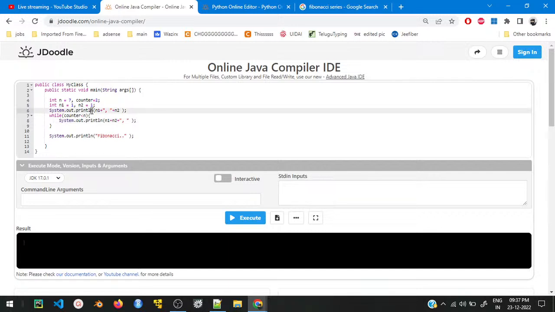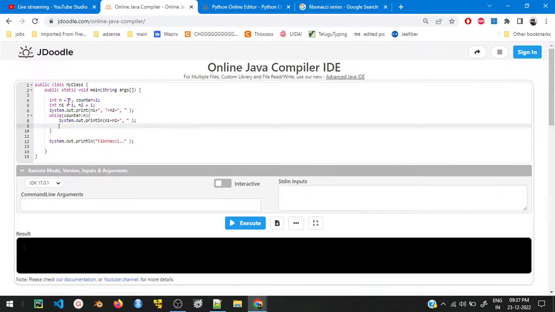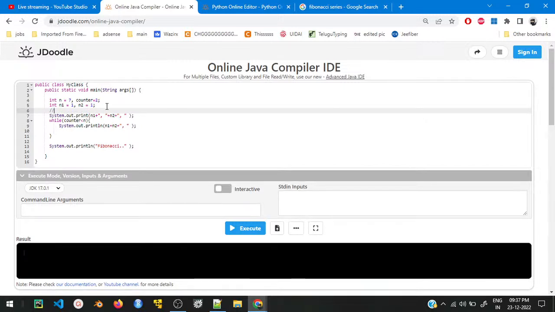Let's print this with system print, like that. If we print like this, it will be displayed next to each other. So the third number is 1 plus 1, 2. Now I'll just give 1 1 here. These two we are printing. The next number, 1 plus 1, 2, should be printed here, and the next number, 2 plus 1, 3, should be printed. So now what should be the logic to print this